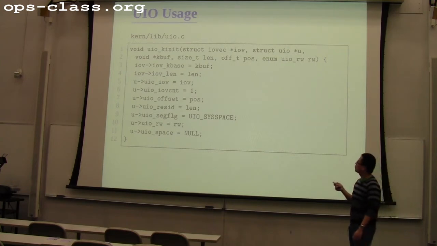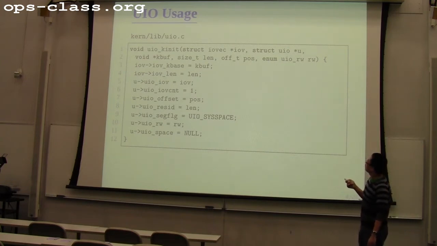So here we first initialize the I/O vector variable. We set the kernel base and the length of the buffer, and we point the UIO I/O vector inside of the UIO structure to this I/O vector, and we only have one I/O vector so the IOV count is 1,